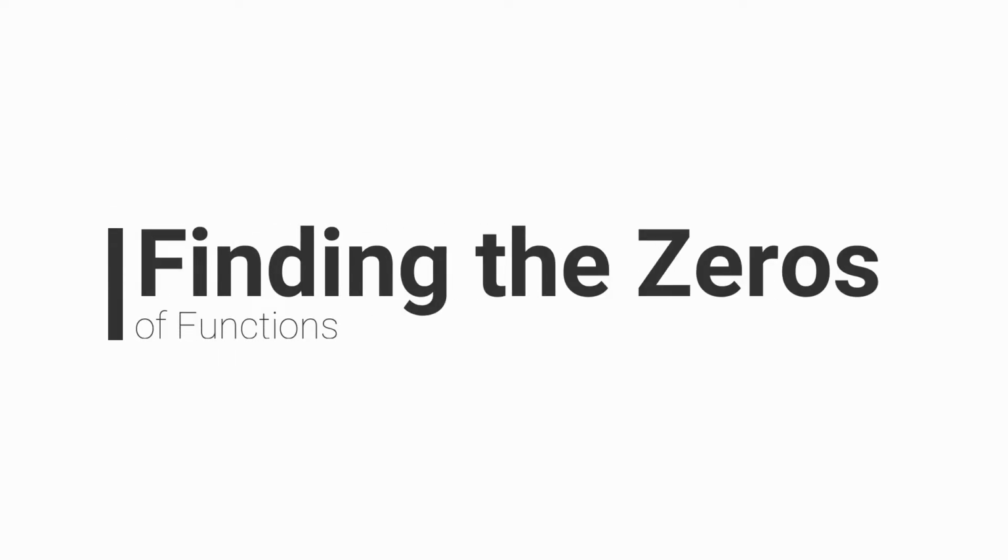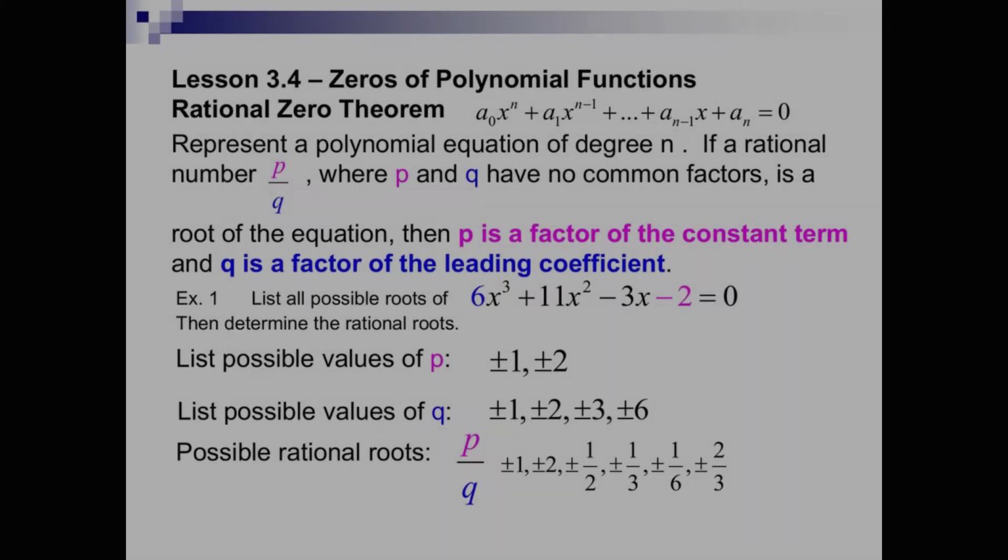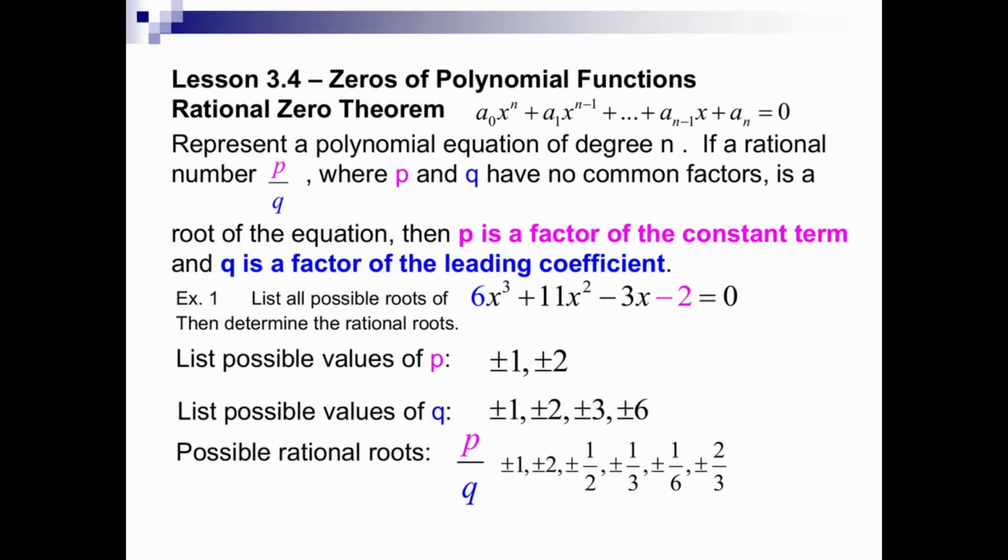Okay, we're going to jump right into finding the zeros of a polynomial, and we need to start out with the definition of the rational zero theorem. So this is getting us a starting point. I would pause the video to read this definition real quick, but some students call this finding your P's